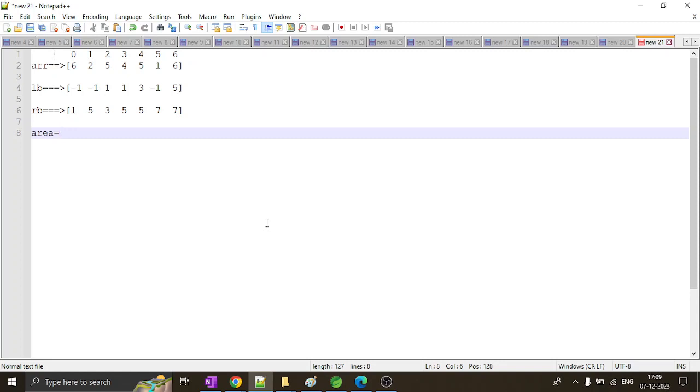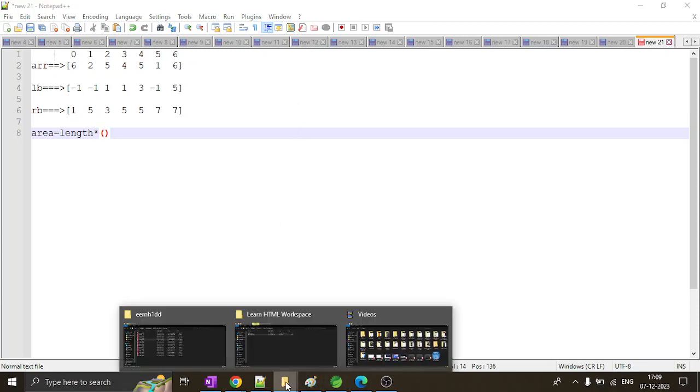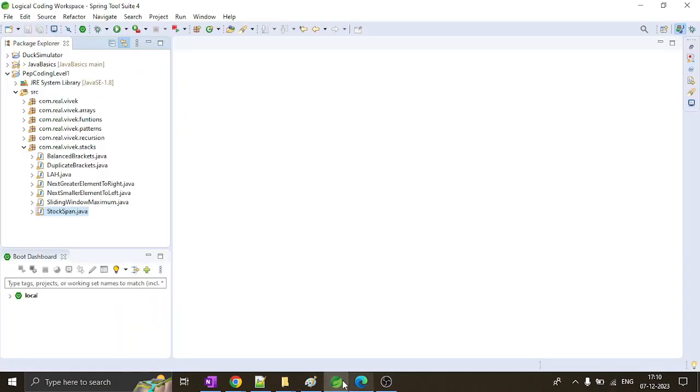So to find the length, whatever the length is of the bar chart, we'll get that length. And how do we get the width? The width is nothing but the right boundary minus the left boundary minus 1. So if we see here,